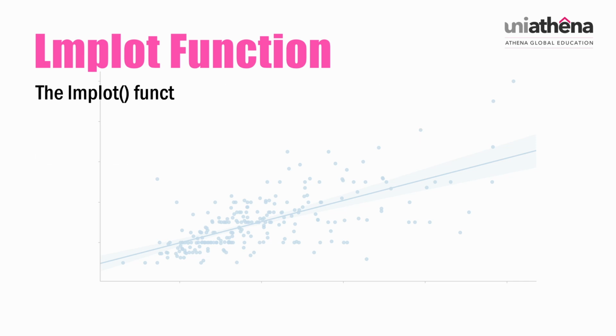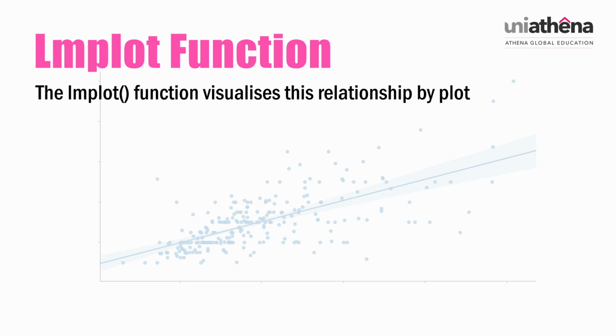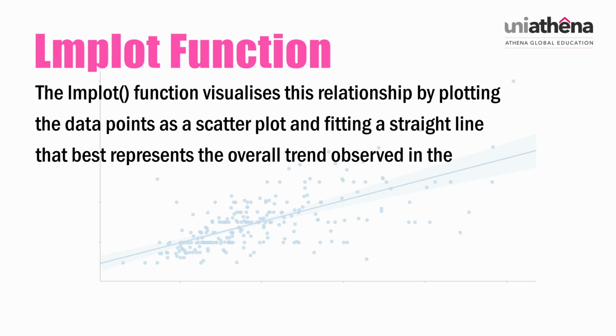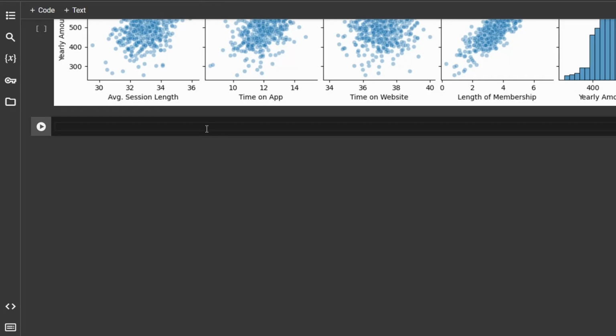The Lmplot function visualizes this relationship by plotting the data points as a scatter plot and fitting a straight line that best represents the overall trend observed in the data. The purpose of this interface is to make fitting regression models across conditional subsets of a dataset simple and convenient. To plot the linear model plot, we will write the following line of code: